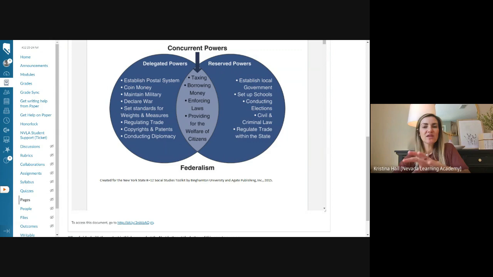Thanks, Thought Bubble. Now, some of you might be wondering, Craig, where does the national government get the power to do anything that has to do with states? Yeah, well, off the top of my head, the U.S. Constitution in Article 1, Section 8, Clause 3 gives Congress the power to regulate commerce with foreign nations and among the several states, and with the Indian tribes. This is what's known as the Commerce Clause,